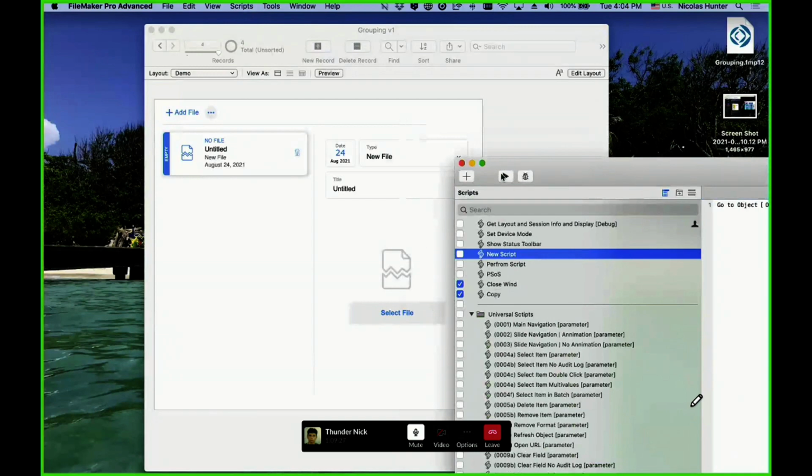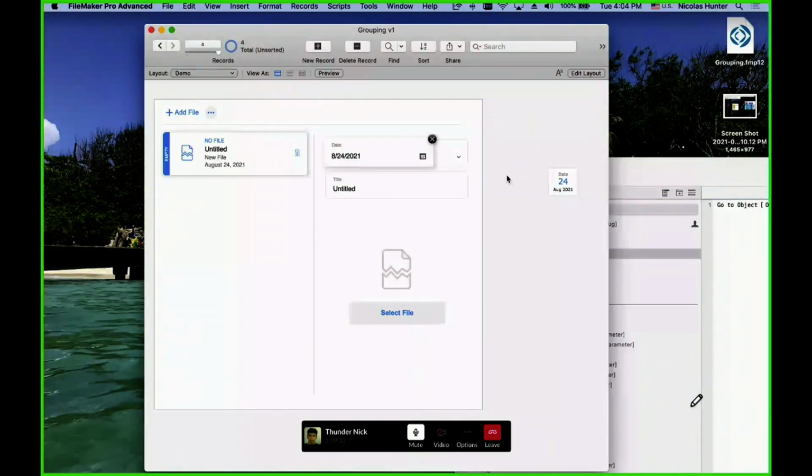The popover is here. If I run the script, here's what happens. Bam. It goes to the popover. Even though the button is hidden, you can still have access to the popover from a script with a go-to object, which is cool. Because now you can do tricks like this that show things that magically appear, or you can have a nice